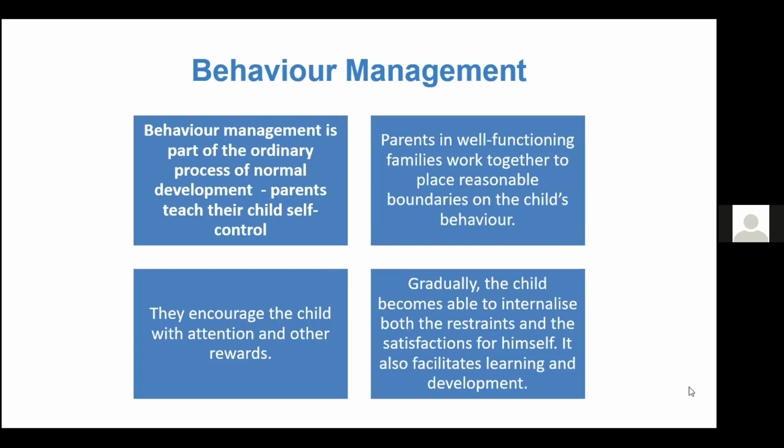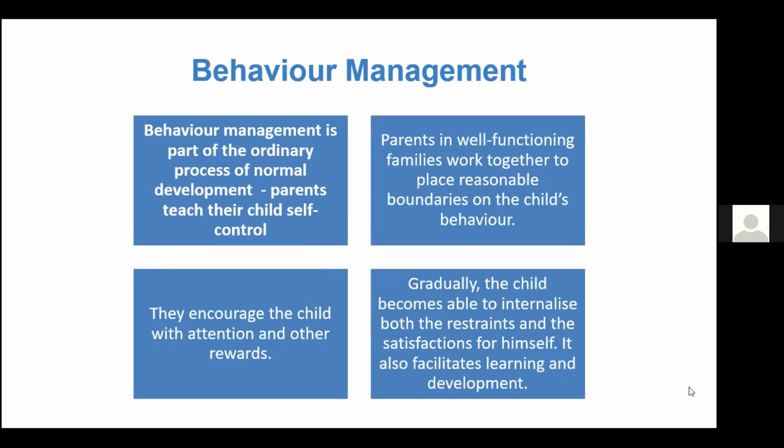And then through that process, the child becomes able to internalise those restraints and satisfactions for themselves. But there are times when it goes wrong, and that's often in relation to these children that have these insecure attachment styles where those cycles aren't well formed. So it's about thinking back to, okay, what is this behaviour communicating about their social and emotional experiences, and how can we intervene to support that? So having a think about what behaviour management techniques you use in school. Do they work sometimes? Do they work usually? Do they work always? If they don't work always, why not?